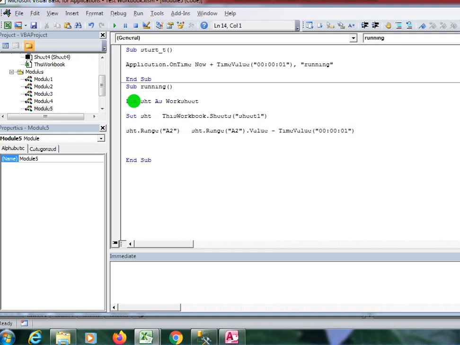Now I want to perform one more task. Once the time has finished, my workbook will close automatically with a message box. For this I'm applying a condition.